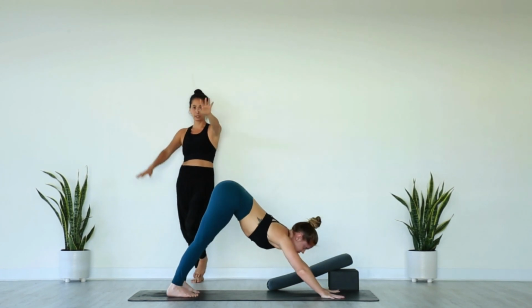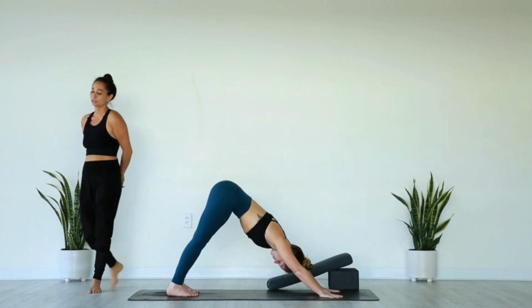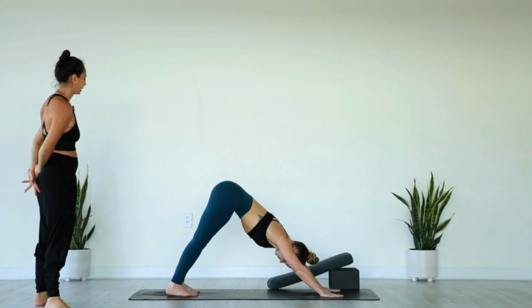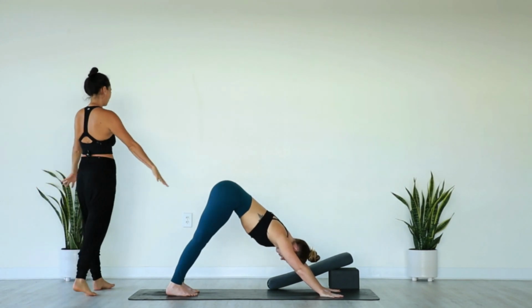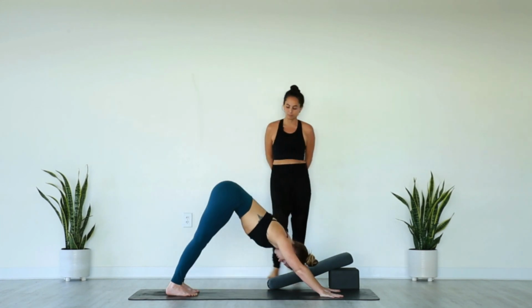Make sure you do take a quick look at the hands. They should be jetting straight out from the shoulders. Ideally, it's your index and middle finger that points straight forward. If you're sensitive in the wrists or super tight in your shoulders, you can turn your hands a little further out. But then as you relax your head and neck, just looking back at the feet, make sure they rest